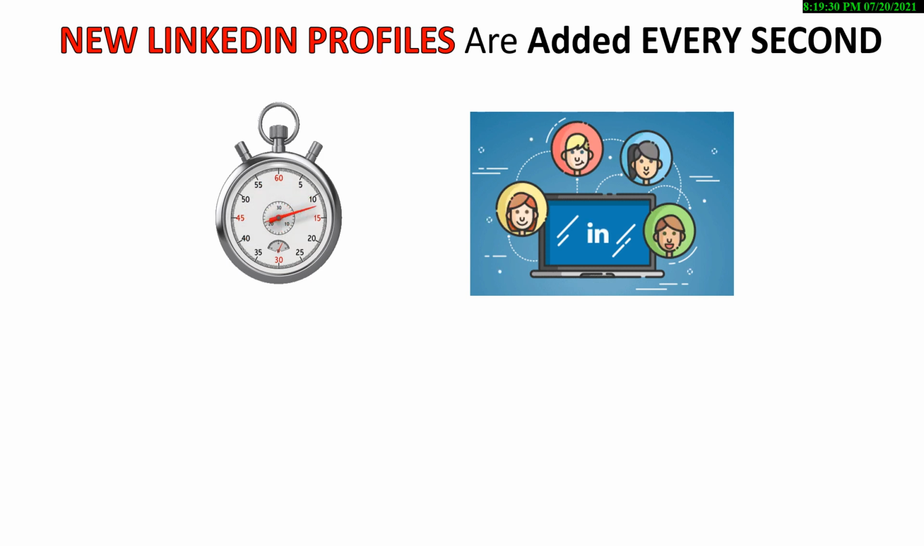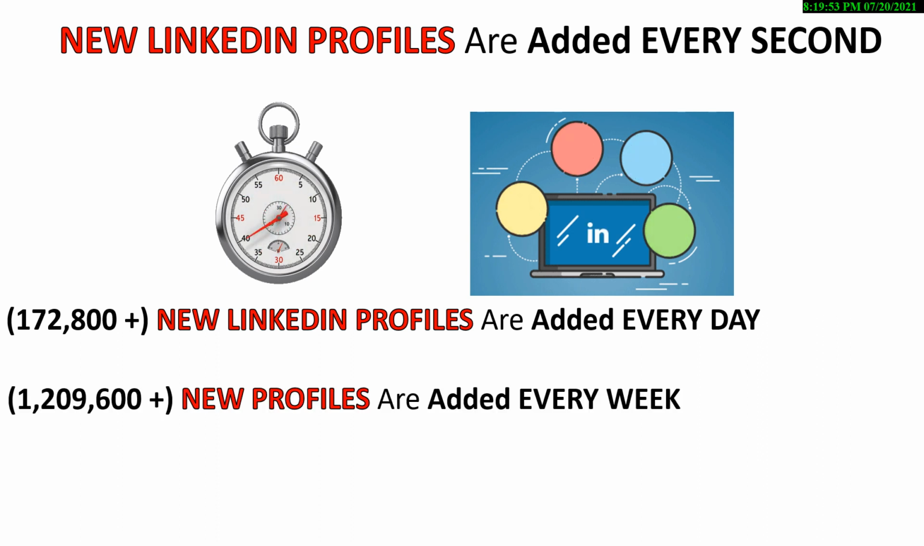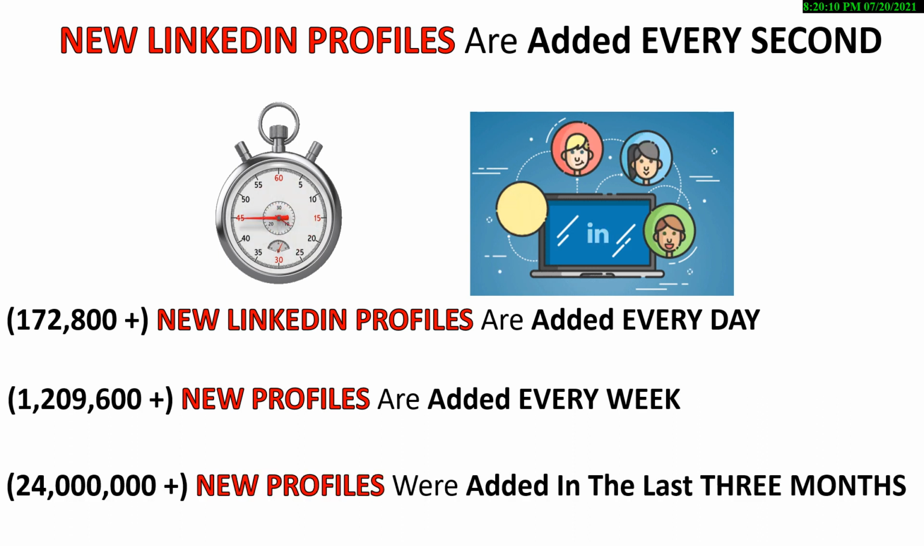Now, historically, LinkedIn used to brag that every second, 2 new LinkedIn profiles are being added. Every second. Well, that means that every day 172,800 profiles are added. But the number has doubled or tripled. Every week, 1.2 million profiles are added. That number has doubled or tripled. And so where every month about 4.5 million profiles were added,